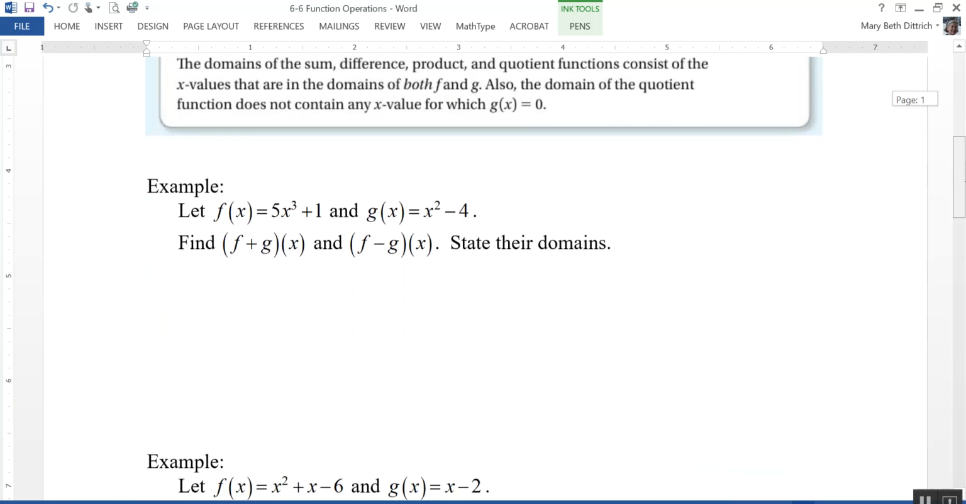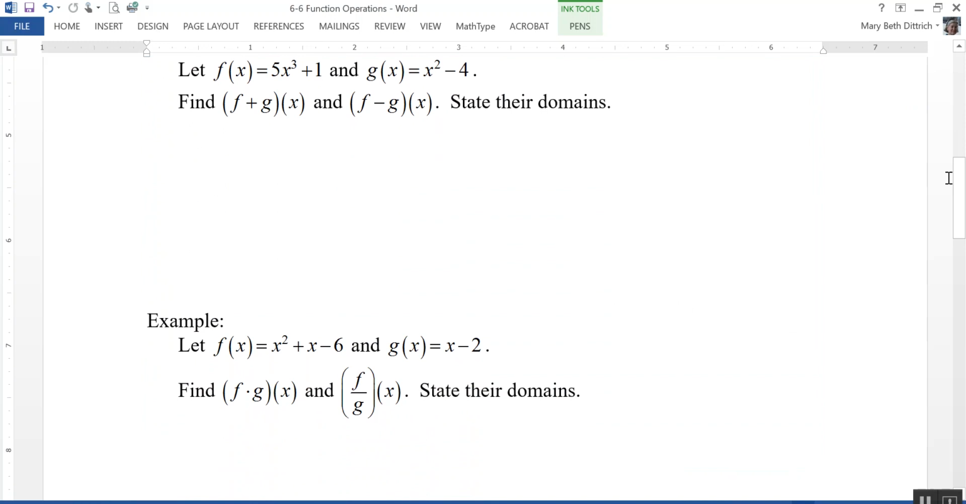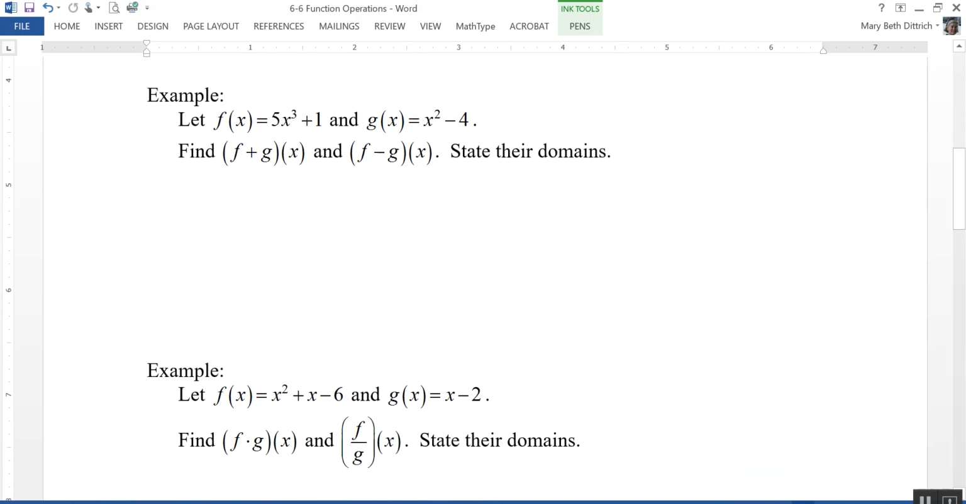Let's take a look at a couple examples here. Our first example says, let f of x equal 5x cubed plus 1 and g of x equal x squared minus 4. So we need to find f plus g of x and f minus g of x. So f plus g of x